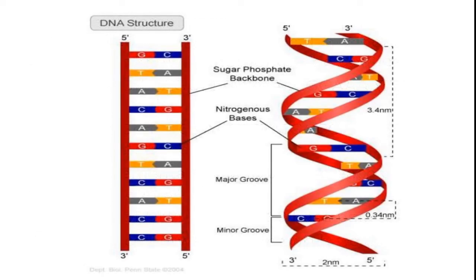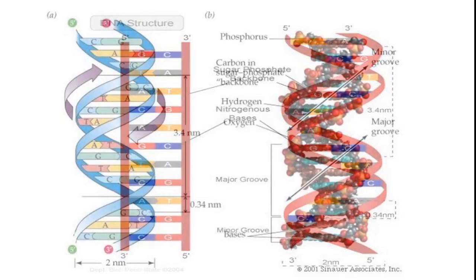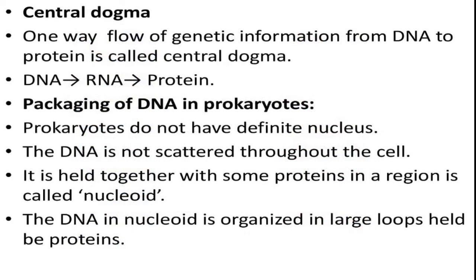This is the straight structure of DNA and this is the helical structure of DNA. You can also mention it in nanometer or angstrom units. You can see one strand runs from 5' to 3', and another runs from 3' to 5'. The distance of one twist is around 3.4 nanometer, the distance between base pairs is 0.34 nanometer, and the diameter between the two strands is 2 nanometer. There is a major groove and a minor groove, and there are nitrogenous bases, and a sugar and a phosphate which serve as the backbone for the DNA.